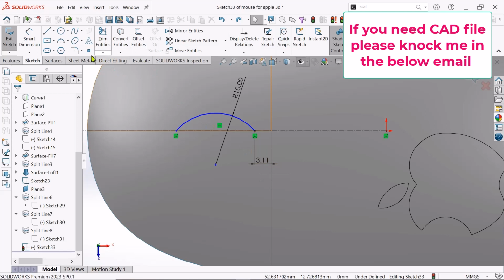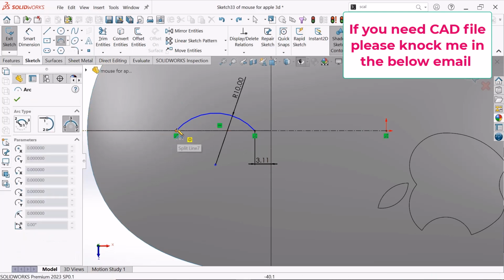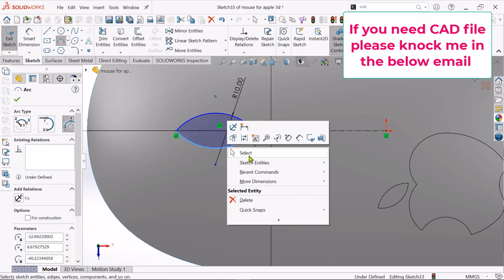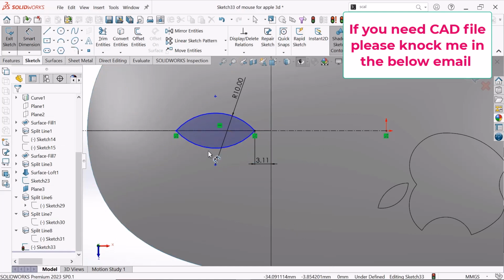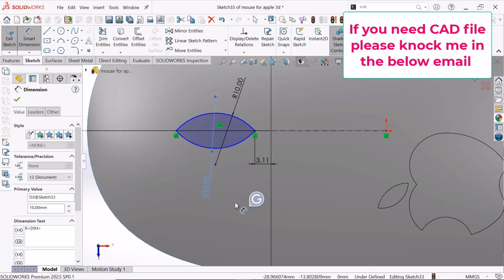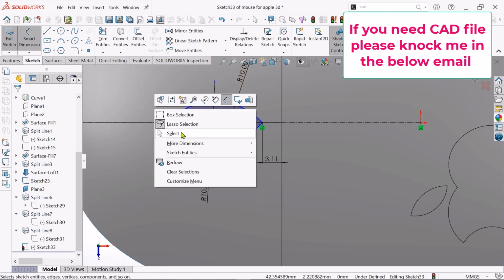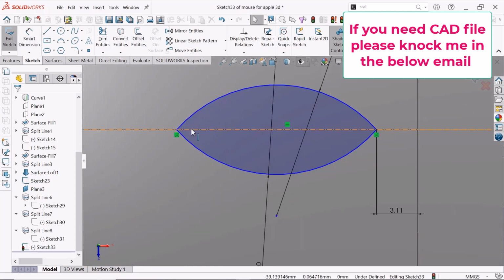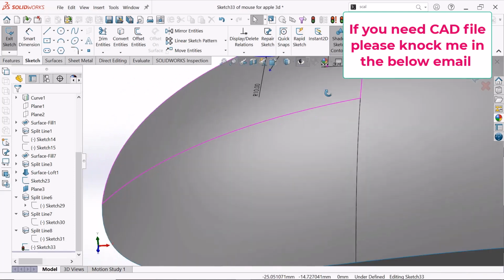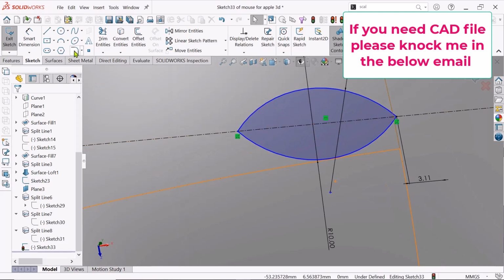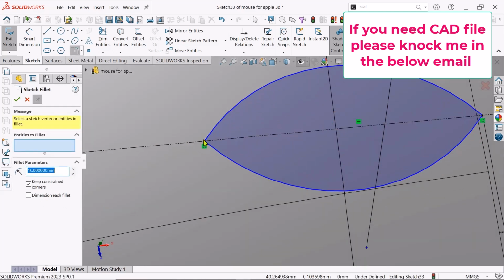Now again I choose this center point arc and sketch on this point to this point and right click OK. Go to smart dimension, make sure it is 10 mm, enter. Right, now I choose this, go to this fillet, select this fillet on this point, make sure it is, so it will not take this, click this,